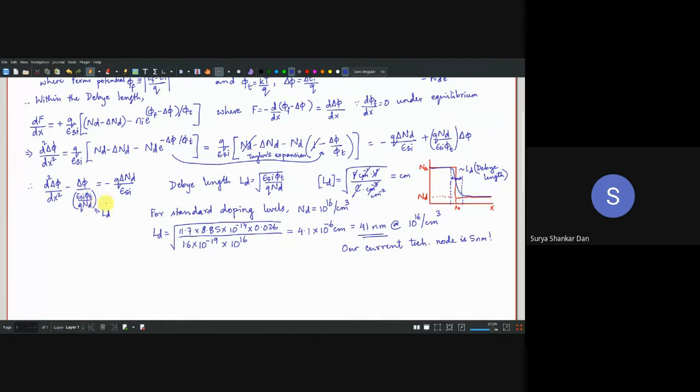There is one, this is LD square, I'm sorry. And then what is the solution of this? Clearly this delta phi is going to be something like A e to the power of x by LD plus B e to the power of minus x by LD. However, our interest is not in the solution for this particular value. I am not interested in finding this delta phi. What I am interested in noting is the order of this LD. Why is that important? We will come to know immediately. So notice that this is a solution.